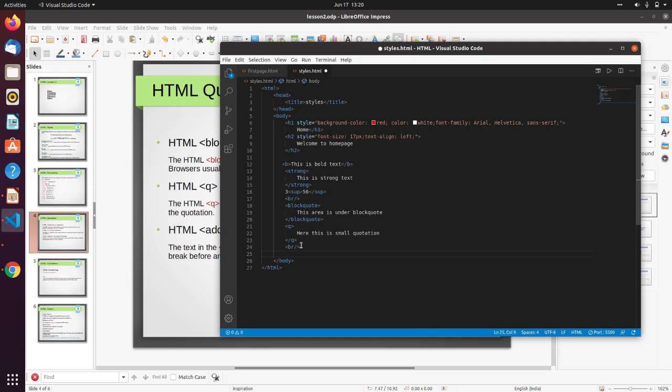After the break line, just add the address element, address B23 NHP road NJP. Save it.